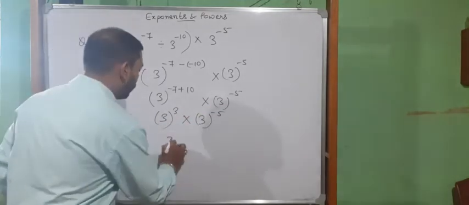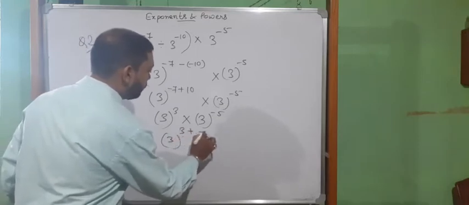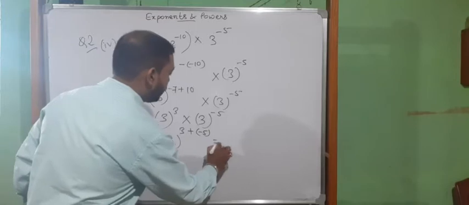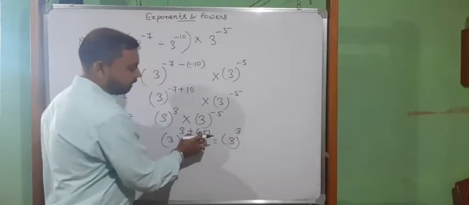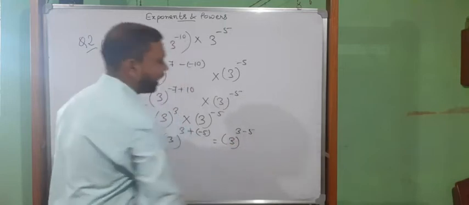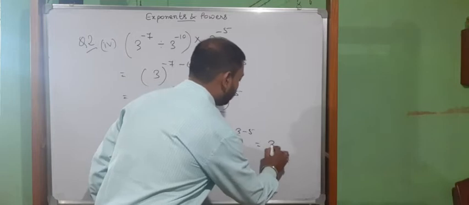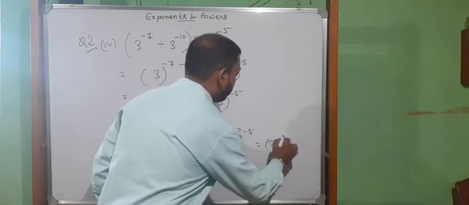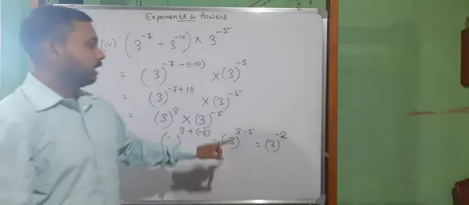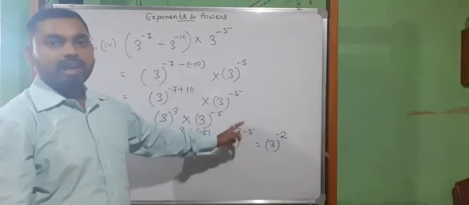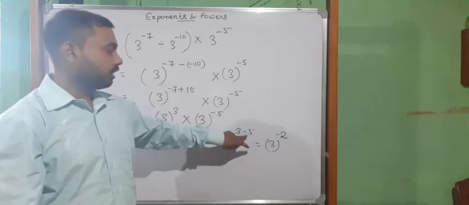So 3 plus minus 5. So it will become 3 to the power 3, and this plus and minus it will become minus 5. So now it will become 3 to the power minus 2, because plus and minus it is minus, so 5 minus 3 it is 2, and since 5 is greater and minus sign is associated with 5,